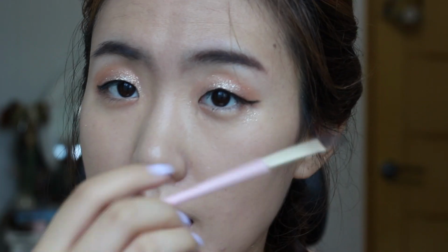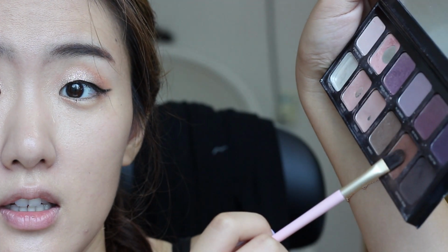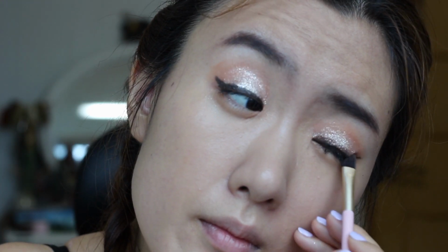So I'm just reapplying the eyeliner. Like the brows that I did, I'm going to mix the two brown colors here. You see this and the black color. So you see how this eye looks a lot deeper than this eye. As we've made sort of a mature look with the glitter, we're going to use a deep shade for the